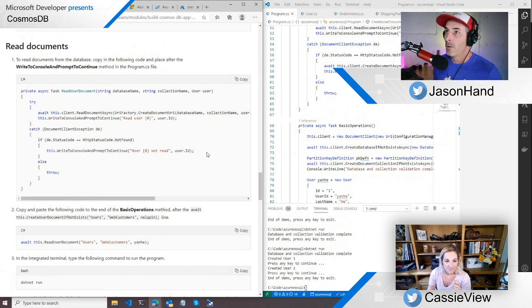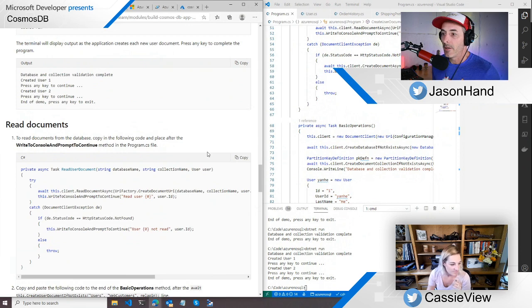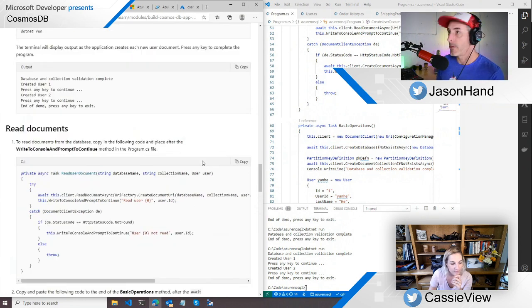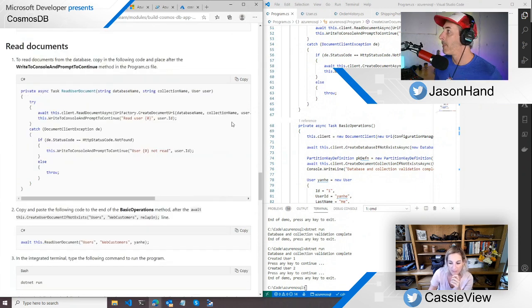So we've also got the question, +1 for Dapper, but do we know anything about partial document updates? I don't know anything about this, but I was just about to pull up the API docs for Cosmos and see what it might say in there. There is. So do you mean when you just need to update a property on the document, like a user document? Is that what they mean?